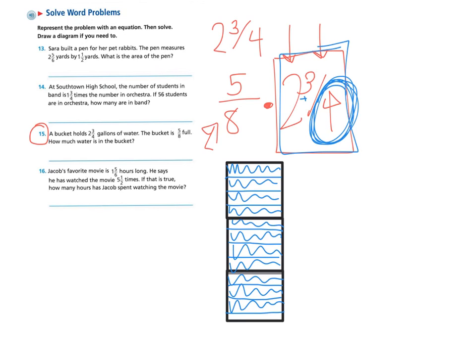Then, vertically, we're going to divide it into 8s to find out. 1, this one's a little harder. 2, 3, 4, 5, 6, 7, and then 8. 1, 2, 3, 4, 5, 6, 7, 8. And in this case, I'm going to need to color in 1 row, 2 rows,